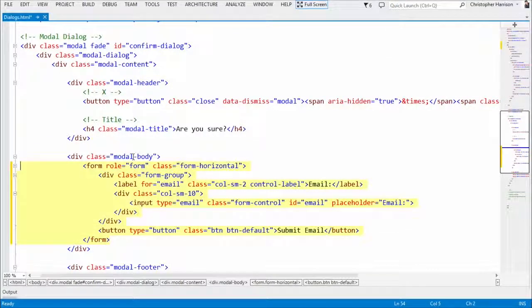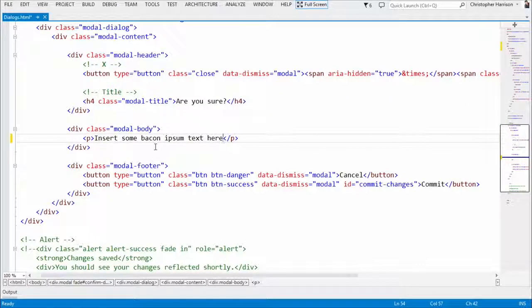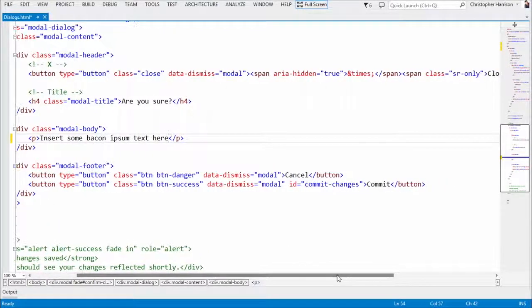So let me just add a P and insert some bacon ipsum text here. And again, there's a whole bunch of them. There's a vegetable ipsum. There's like a snacks ipsum. It's crazy. Just do a search for ipsum generators. In any event, okay. So, are you sure? Add in my little bit of modal down there, and then finally, last but not least,